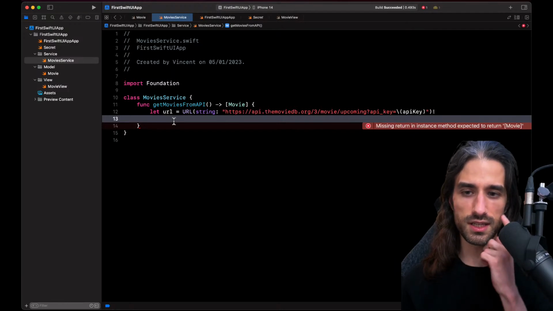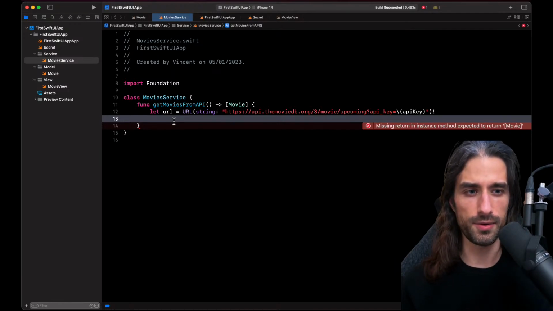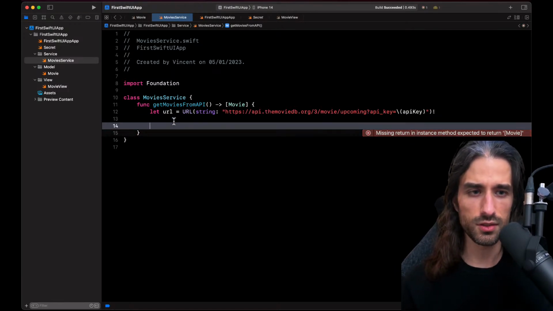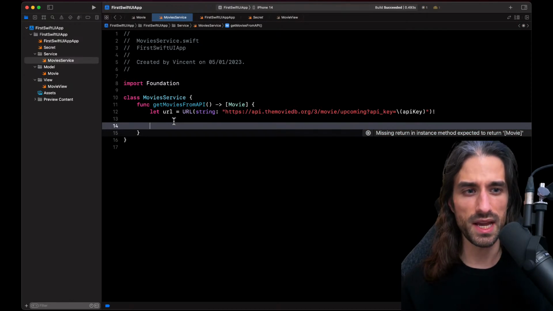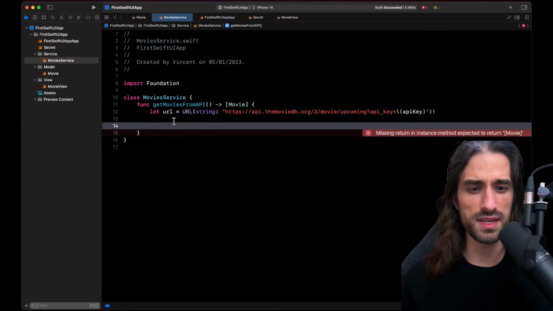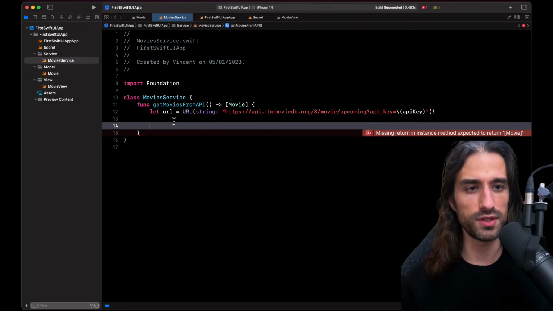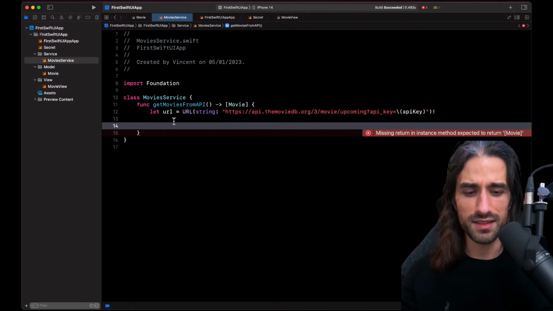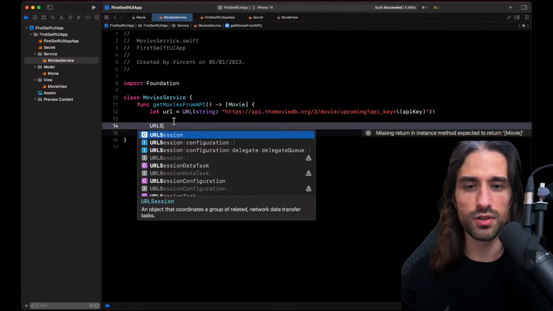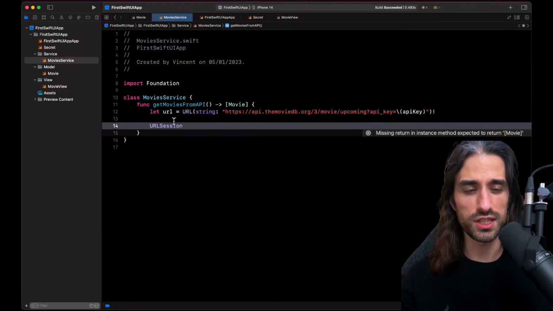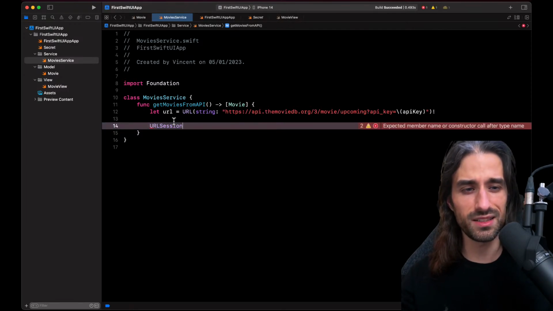So we have the URL to query to get the data. This API endpoint is a GET API endpoint, meaning we're going to make a GET HTTP request to get the data. It's the most simple kind of HTTP request you can make, so it's going to simplify the code. And so it's time to make the actual network call. For this, I use URLSession, which is, we could say, SwiftUI's built-in HTTP client.